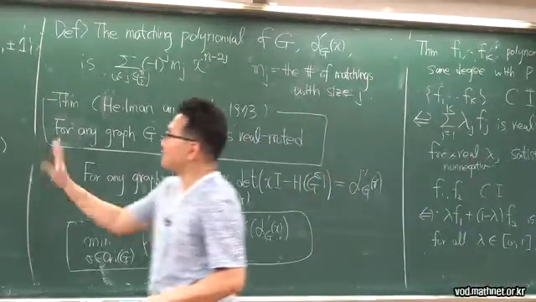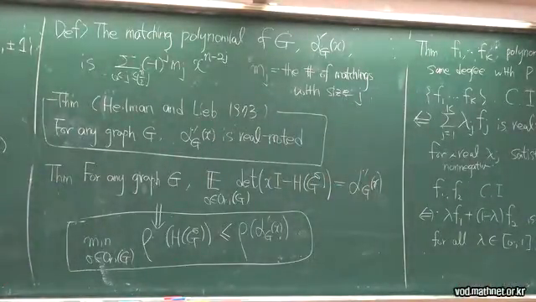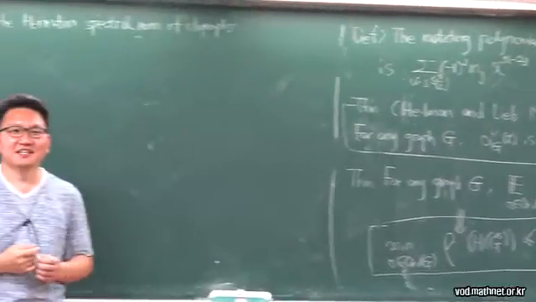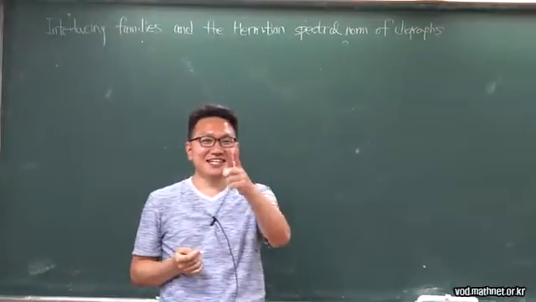Probably I want to erase this part. Can I erase this part? There is one more definition. We still didn't show that these are an interlacing family, right? We didn't show that, right? But I'm not sure. But anyway,